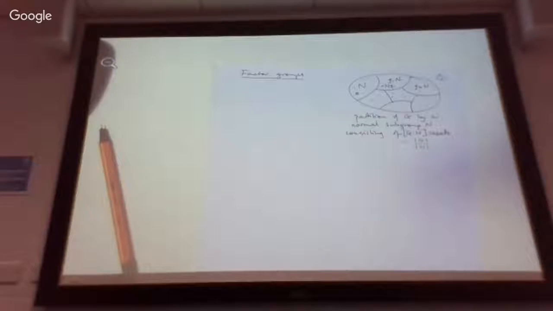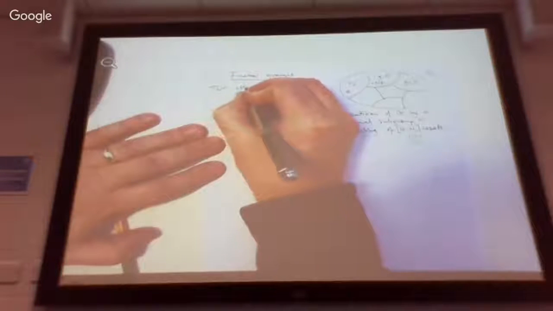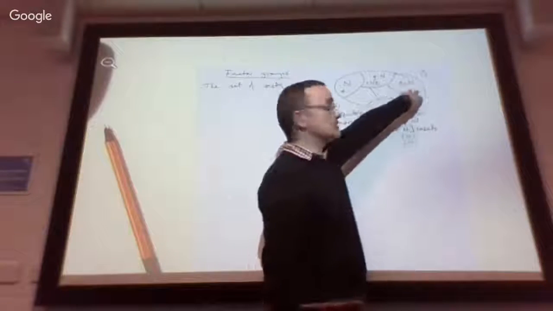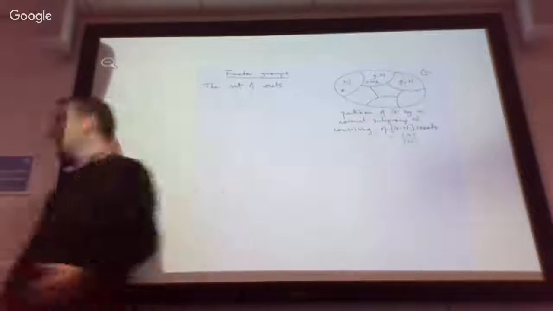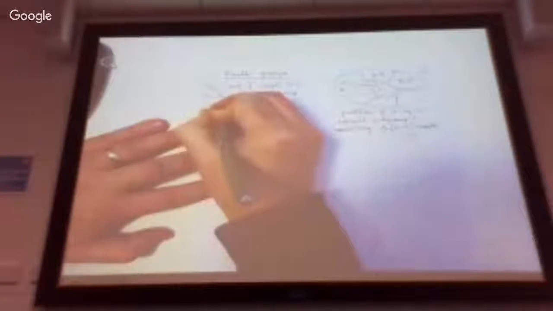Okay, so for this new group called the factor group, the set of elements that we have is the set of cosets. So we need an operation on them. So that means I'm no longer focusing on the small dots as elements. Now this is one element, this is another element. So it's the cosets themselves, the subsets of G themselves, which are the elements. So the set of cosets of N in G forms a group